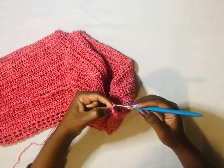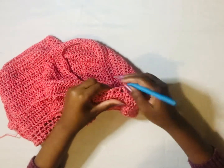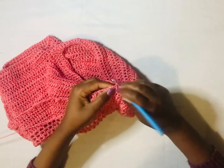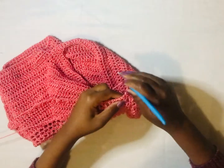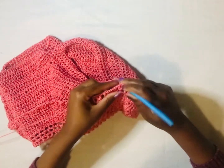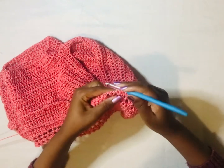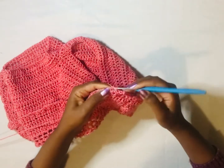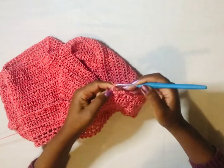then chain 1, and then going to the next V stitch, put a cluster V stitch, which is 2 double crochets, chain 2 and 2 double crochets in the chain space, then single crochet in the next chain space, right, and then a cluster V stitch, 2 double crochets, chain 2,